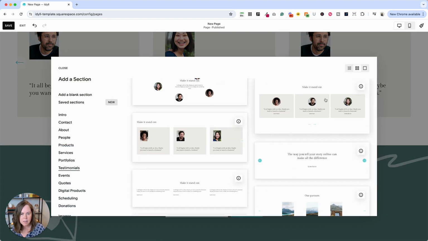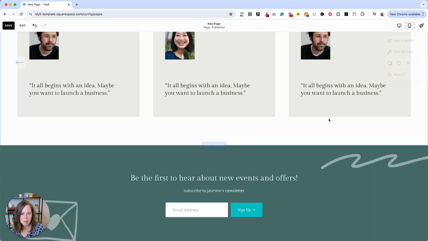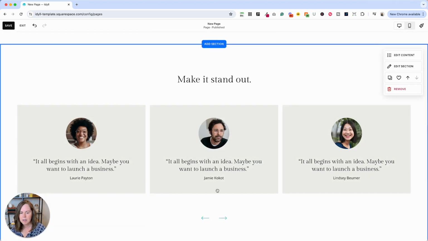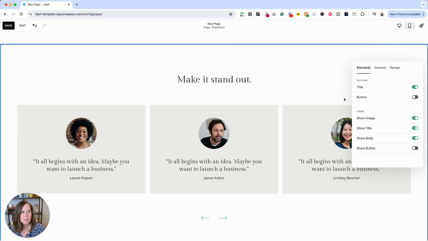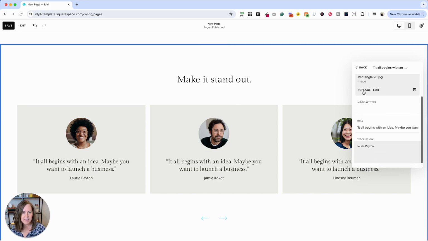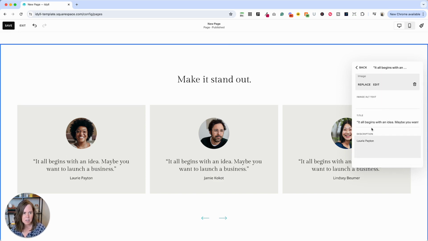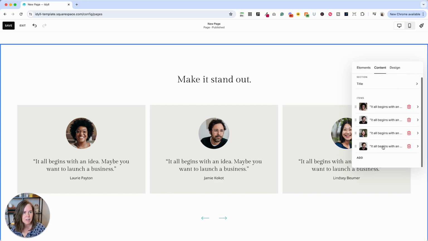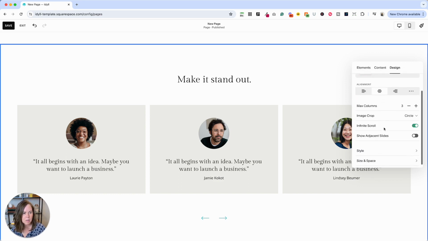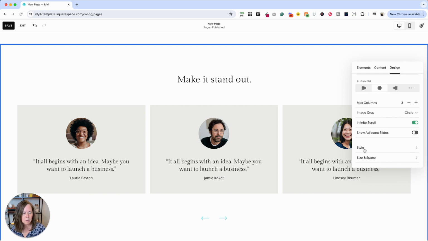So here is another layout for the testimonials. This one has the arrows at the bottom. That's a styling decision you can make under the design tab as well. So we can see this one has the title, it has the image, title, and body, it has the content. This one has the image here, title, description, and let me show you where you can adjust where those arrows go. So if we go into style,